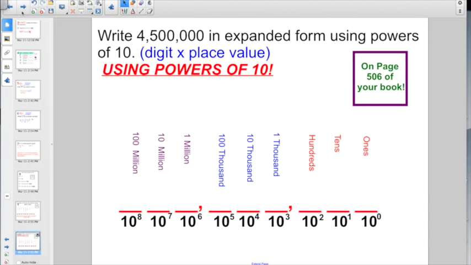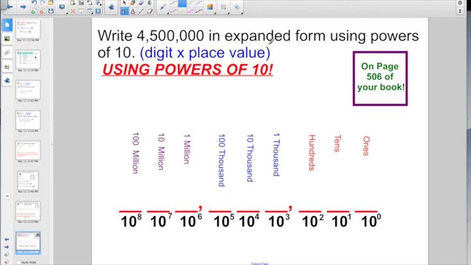Now that we know that, we can use this to write expanded form. Remember, using expanded form, you use the parentheses, then the digit times the place value. Only we're going to use powers of 10. So it actually makes it a whole lot easier and quite a bit shorter when we actually have to go and write. So to start off with right now, let's get this number plugged in. It says write